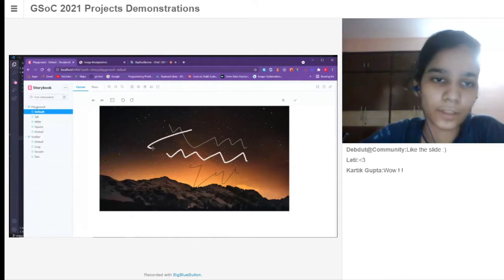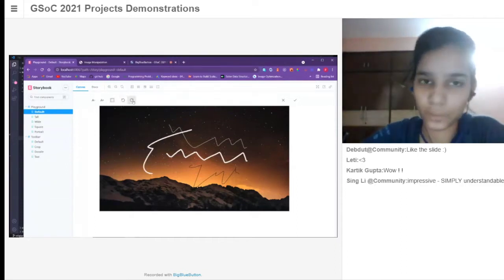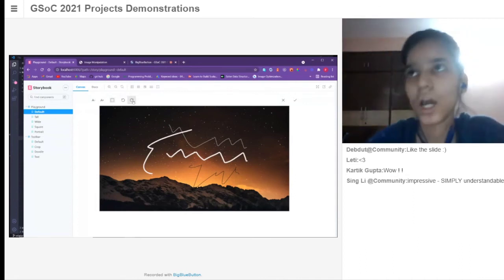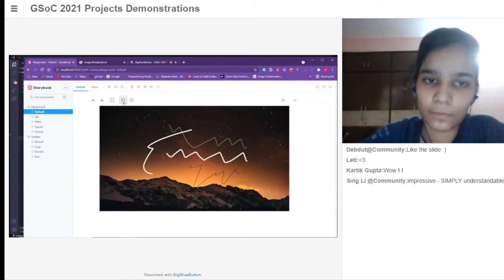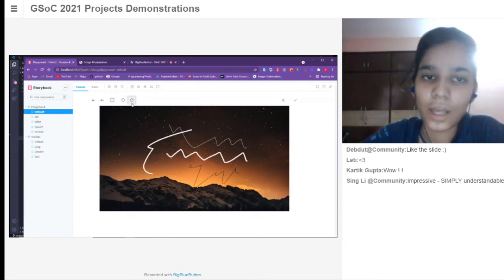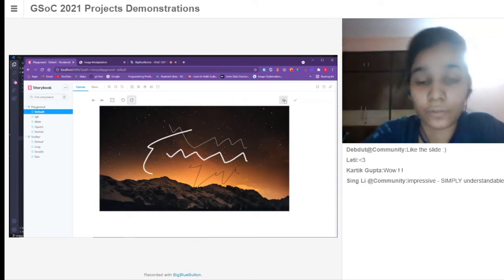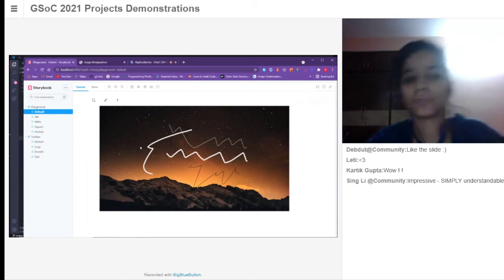Apart from this, we have the undo and redo functionality in the doodle. It is specific to doodle. Right now, this is not in the text functionality and crop functionality. So let's check it out. We are doing redo, undo, and then redo. It's working. Then we have cross and check functionality. With the cross, we can forego all of these changes and we will return to our previous state. But with the check, we will implement all of these operations on the image. So we have got this.